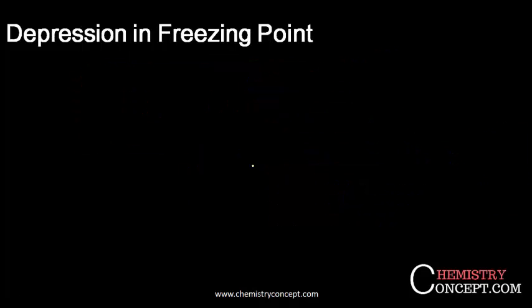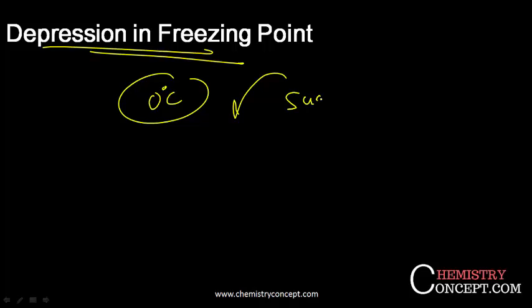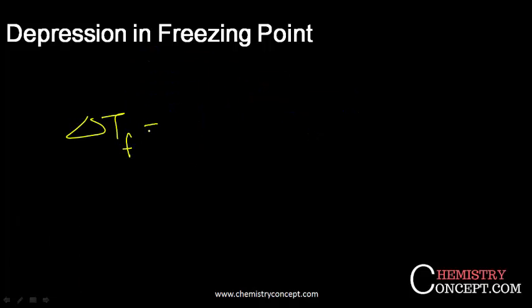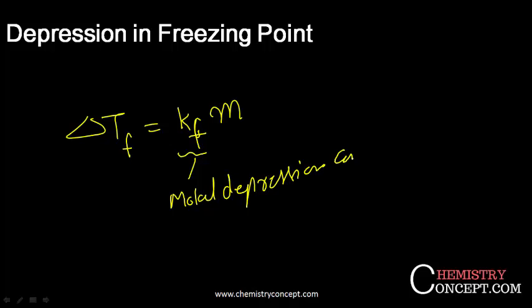Okay, similarly there is depression in freezing point. When boiling point is elevated, obviously the freezing point will go down. That means if for example water freezes at 0 degrees Celsius, when I add sugar into it, its freezing point will be somewhat lesser than 0 degrees Celsius, right? And that is called depression in freezing point. The formula is again the same, Kf into m, where Kf is the molal depression constant, or more accurately the molal freezing point depression constant, and m is